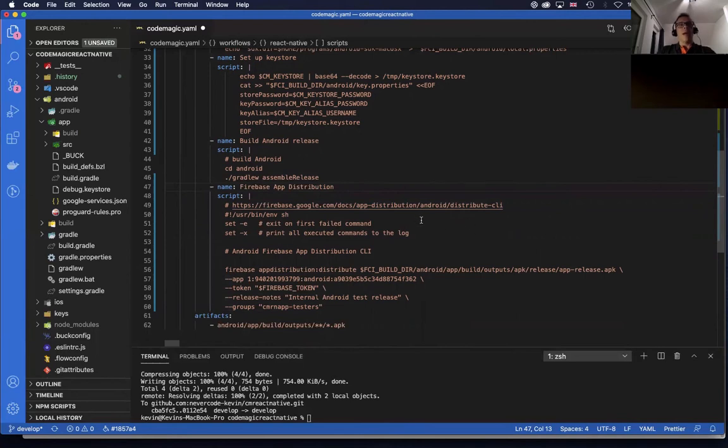Now you can get documentation on how to use this. You have to set up a Google Play, a Firebase account, and then you can use the CLI tools to upload your applications directly from this CI build. So there's some requirements for this, which I've put a link to the documentation here, and we'll make this available